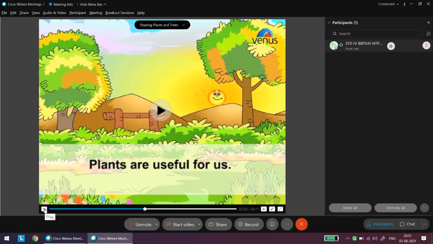Teachers, kindly make sure that you are trying to keep the size of the video less than 30 MB, so that all students will be effectively able to see, because it is possible that when you are sharing the video, some students will have good internet connectivity, some students will not have that proper internet connectivity. So to make sure that everyone is able to see the video properly, make sure the size of the video is not more than 25 or 30 MB.